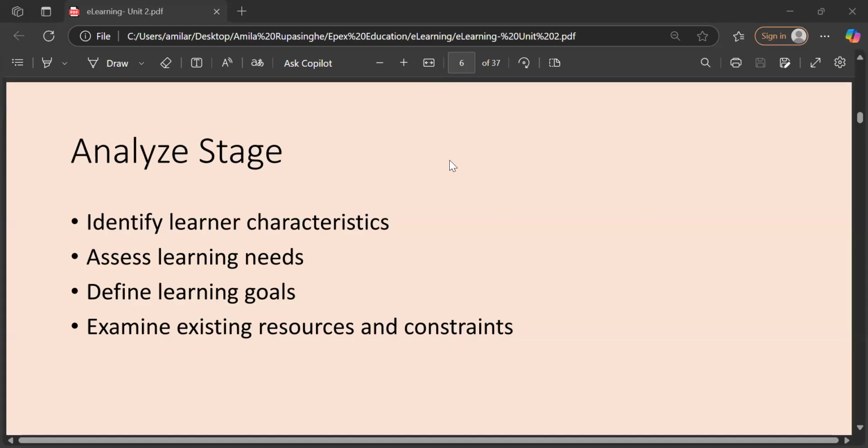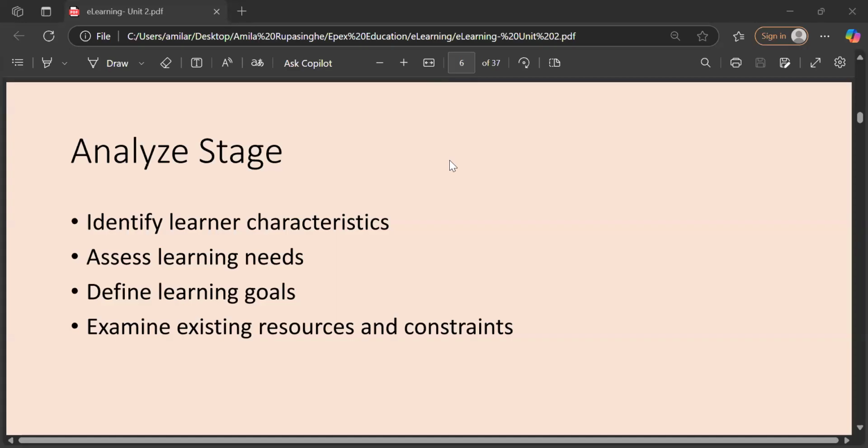We are going to know about the focus group learners' characteristics, because we want to design our instructional design, including content, learning experiences, assessment methods. For that, we should know their psychological level, their needs, their previous knowledge, right?